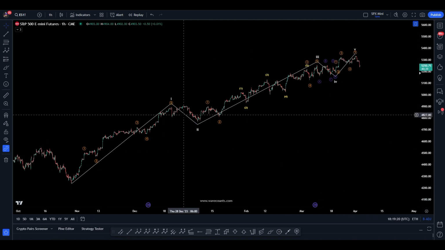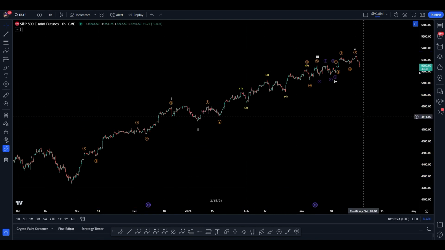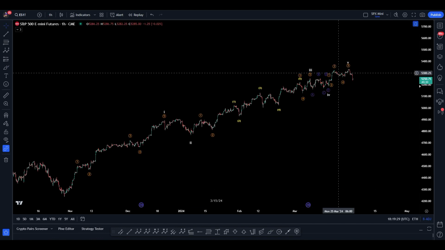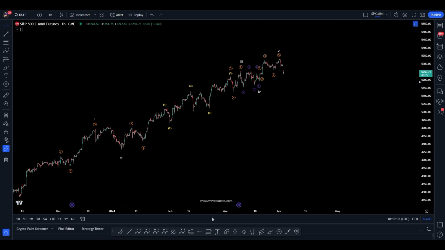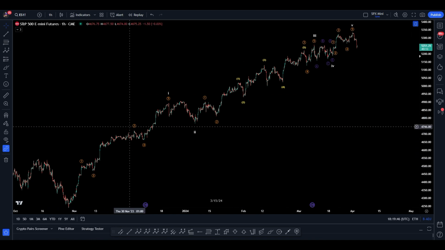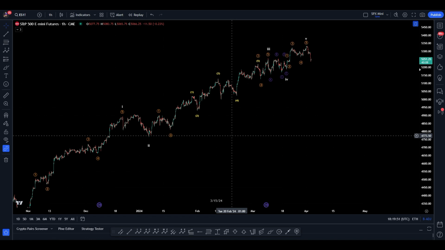Now the reason I've elevated this count right now is because of this one. This is a complete impulse, or could be. There's near-term options, but here's the thing: you already have 2 extensions. You have the 1, 2, 4, 5 extension here, and this is an extended wave as well,